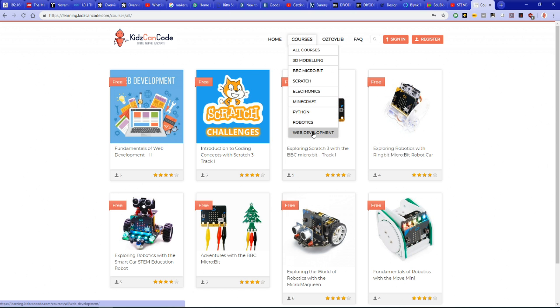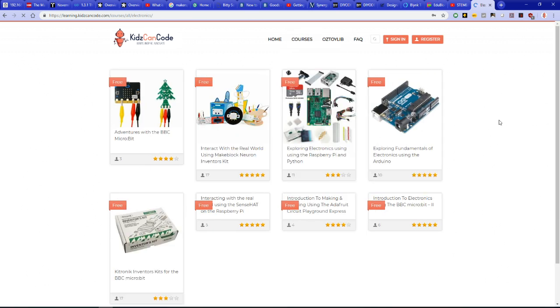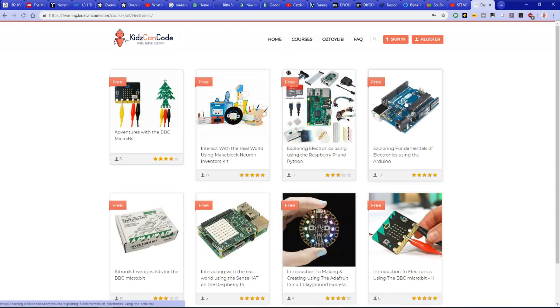You can do Python. If you want to do Arduino, you can check out some of our Arduino courses as well. Arduino is a very popular electronics microcontroller board, using which you can do a lot of fun stuff. And obviously there's a Raspberry Pi as well, for those of you who are keen on getting into the Raspberry Pi. So there are courses on the Pi as well. Anyway, so heading back,